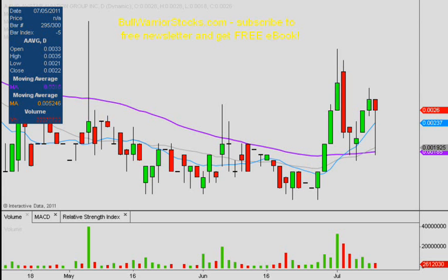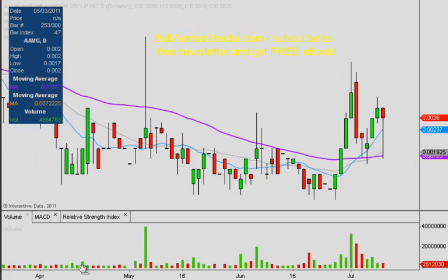Hey, this will be a video chart on AAVG. Interesting chart setup here taking place, so I want to get it highlighted here and kind of just go over what's going on from the technical analysis perspective. So we'll just kind of go over a quick little history of the chart here, but